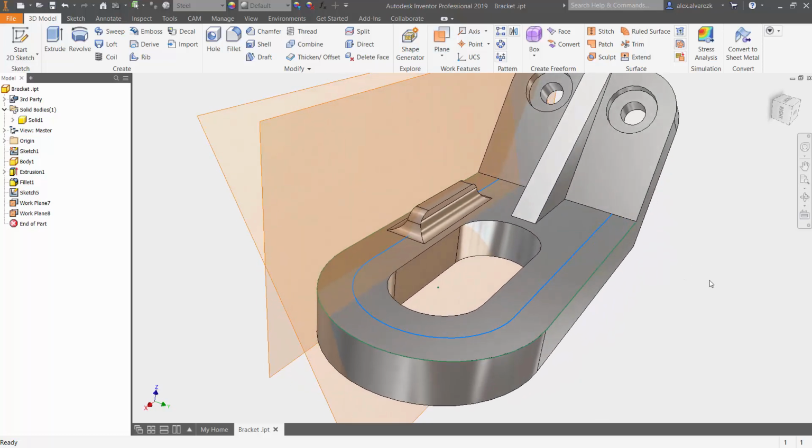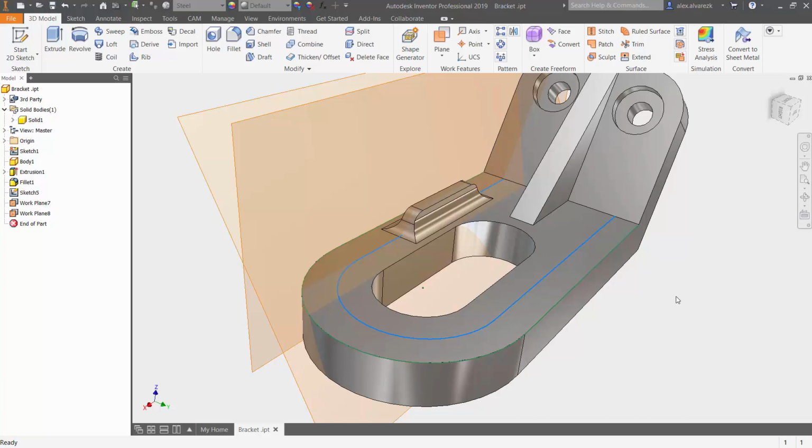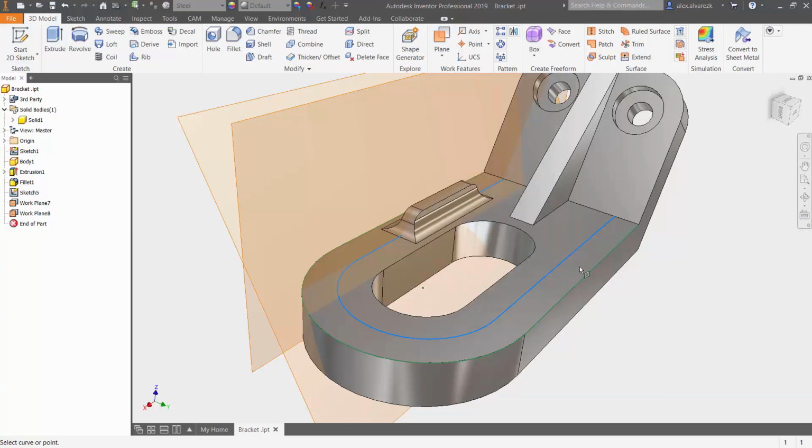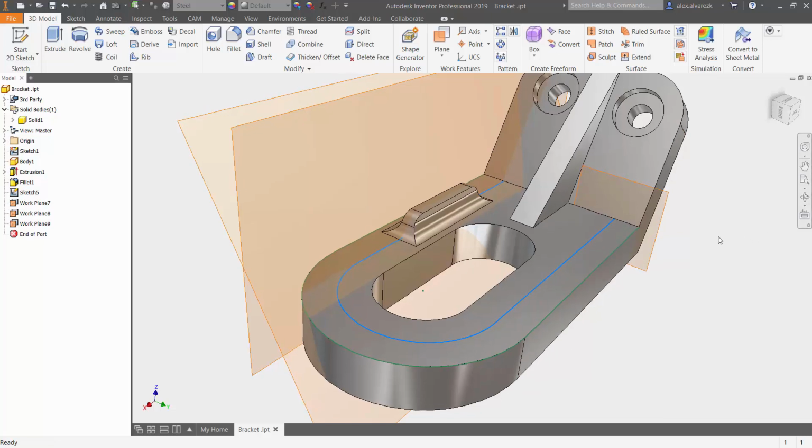Right, and then lastly, again, construction planes can definitely help you out when you're working with the sweep command, right? So notice that I have this sketch already created. When you select the drop down for the plane, you can select normal to curve at a point, right? So that's a pretty useful command here. If I select the sketch curve, select the point that I want my plane to be created on, notice that